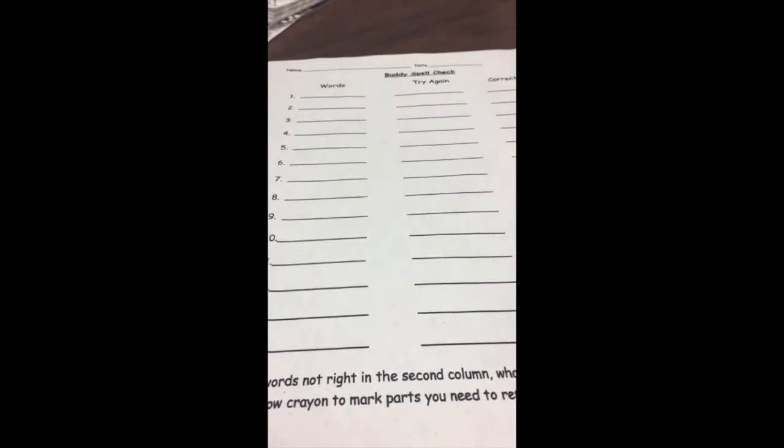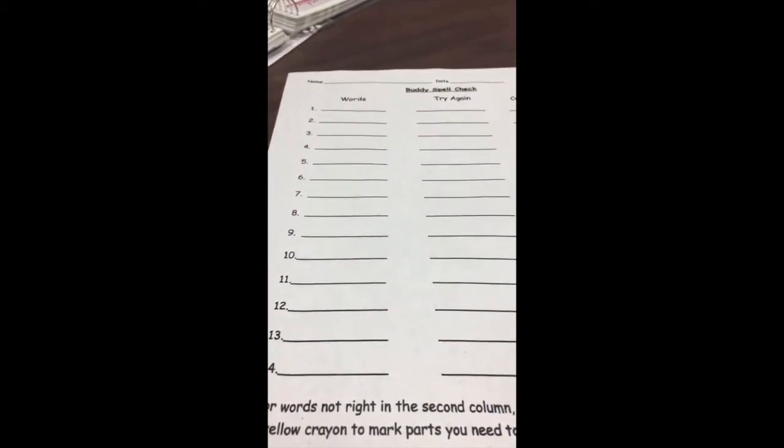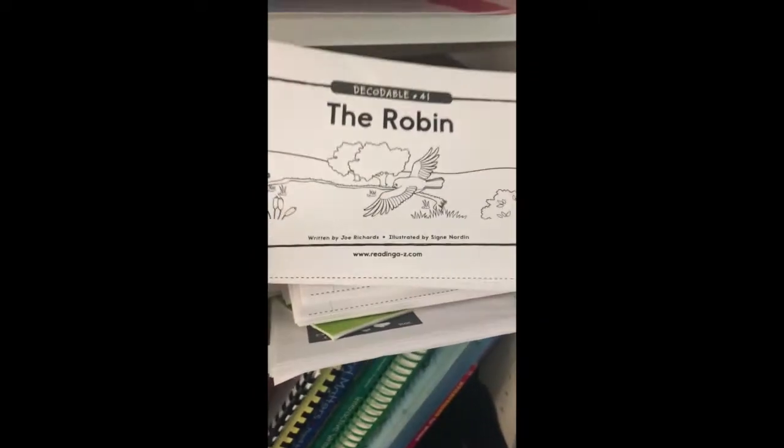So they'll do that along with probably our decodable book and something from... There's our decodable books that we did not get to. And then...